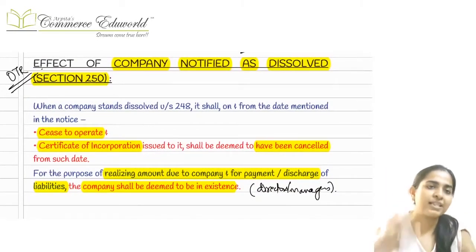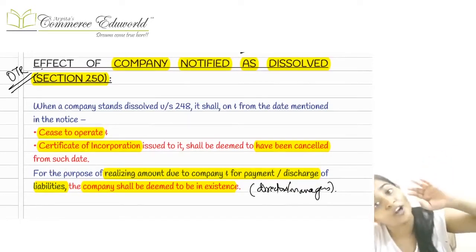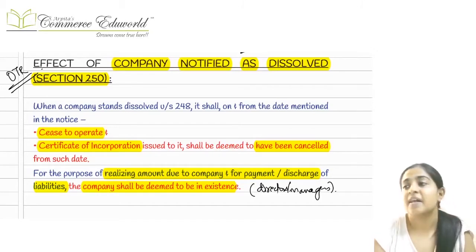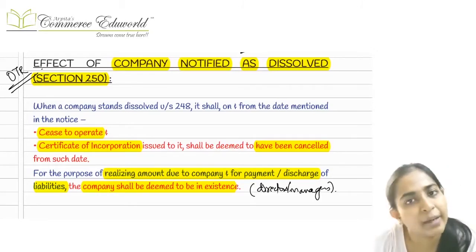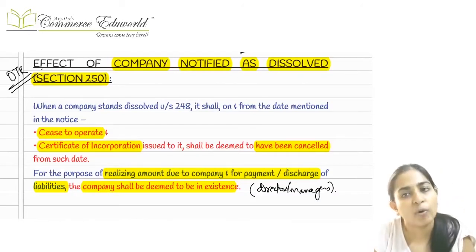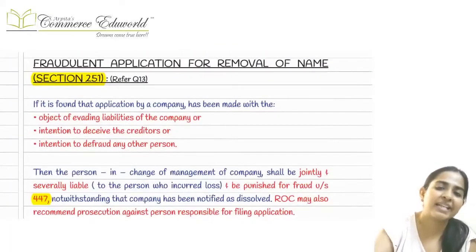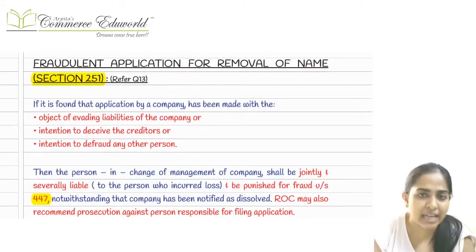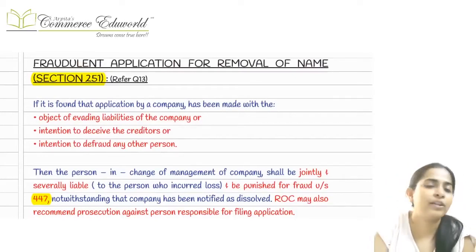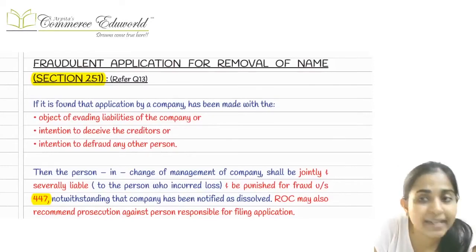Right, and once my name has been removed, suppose assuming continuation of section 248, that is the first section, assuming our name has been removed, then in that case my certificate of incorporation will become invalid, right? My business operations will have to cease to operate now, and later on if any person claims any money from the company, then the directors, managers, etc. would still be liable. They cannot get relief from the liability. That will be lifetime. Okay, that will be lifetime.